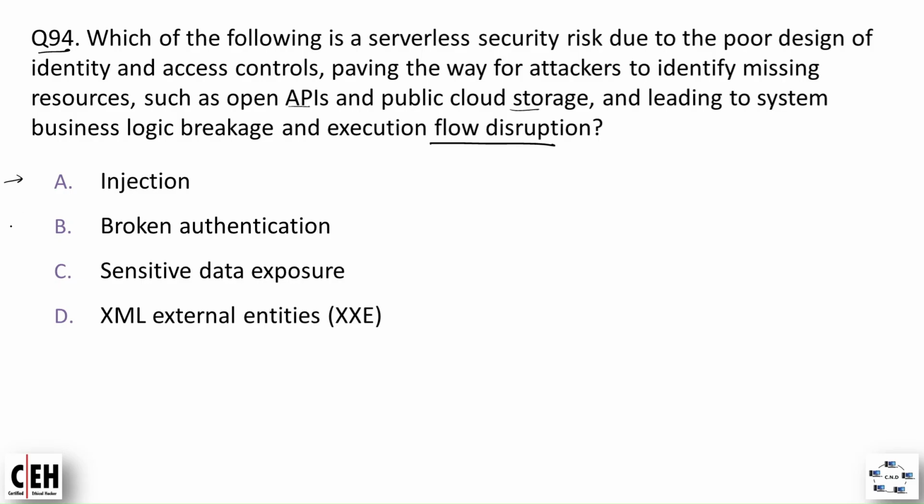Option A, injection. Option B, broken authentication. Option C, sensitive data exposure. And option D, XML external entities or XXE. And the correct option is